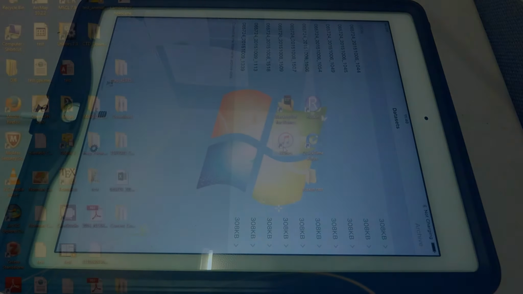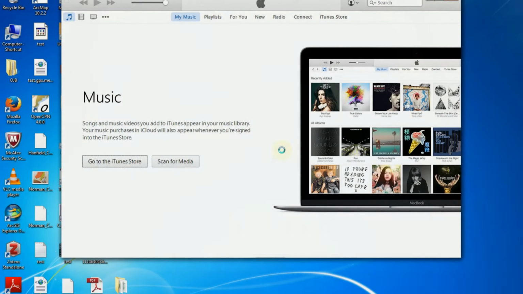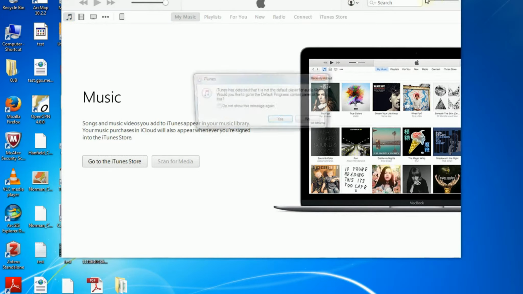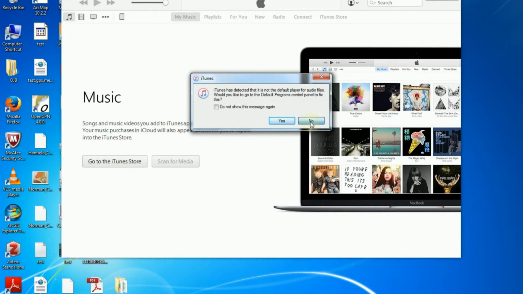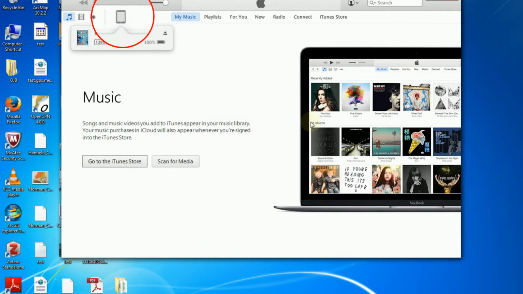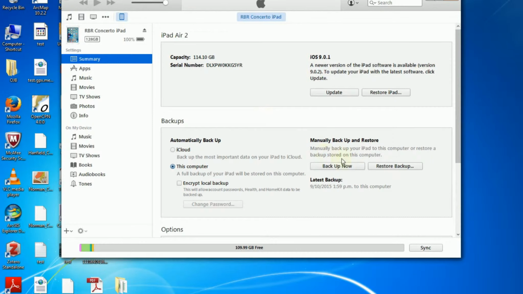So the first thing you want to do is connect the iPad to the computer using the USB cable, and then after you've done that you should start iTunes. So after you've started iTunes, what you need to do is find the iPad symbol. This is this one here, and you need to